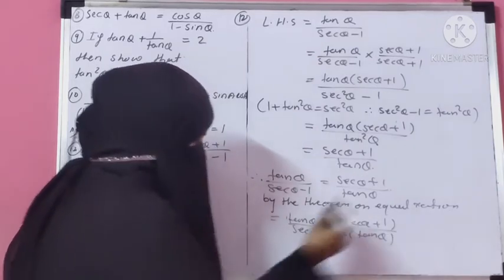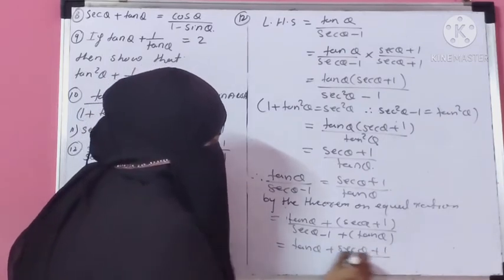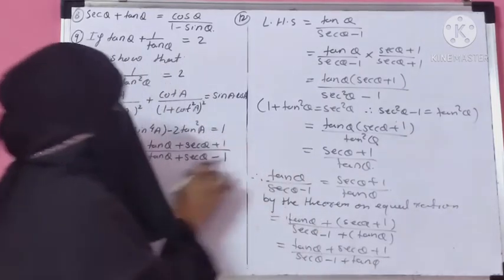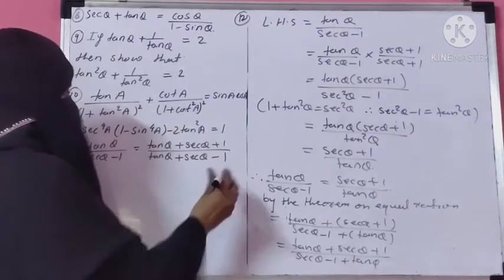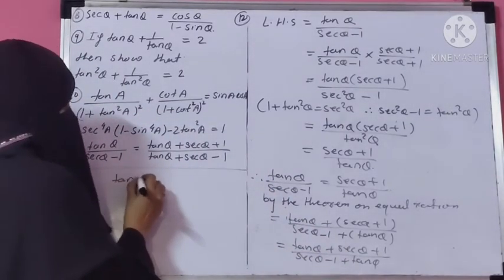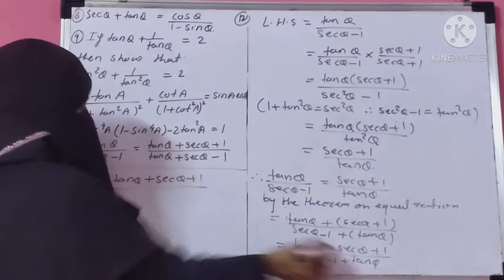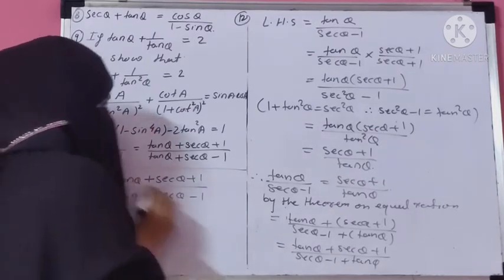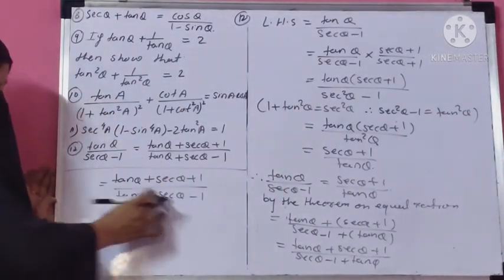Okay. Now open the bracket, then you get tan theta plus sec theta plus 1 upon sec theta minus 1 plus tan theta. Now arrange as per the question. If you arrange, then you get tan theta plus sec theta plus 1 upon tan theta plus sec theta minus 1. Okay. So here we prove your left hand side part, that means tan theta upon sec theta minus 1 is equal to